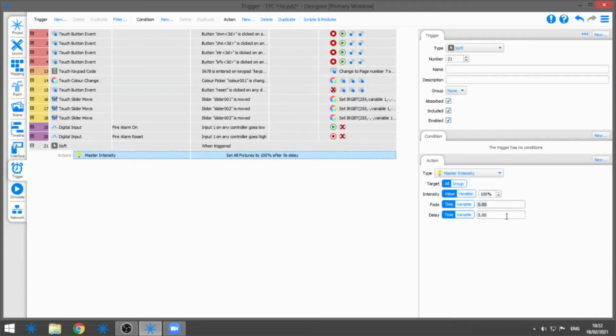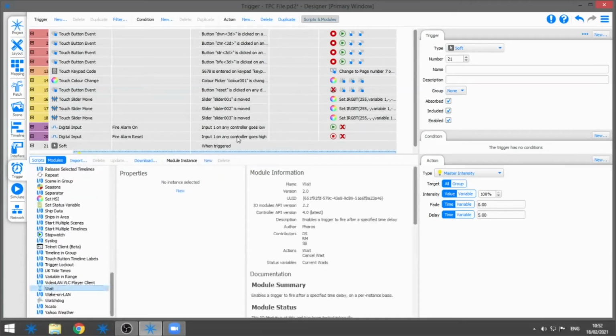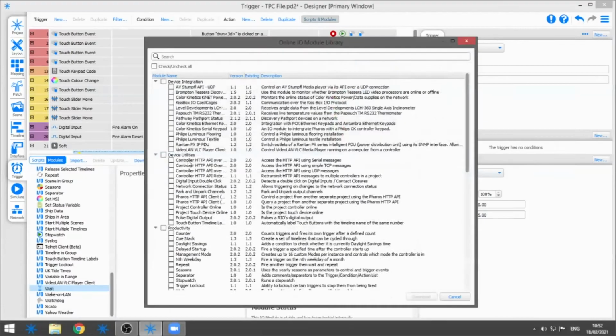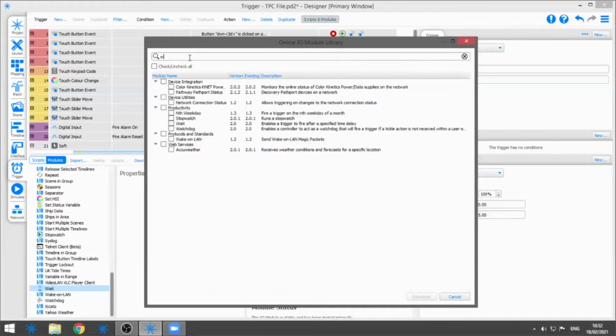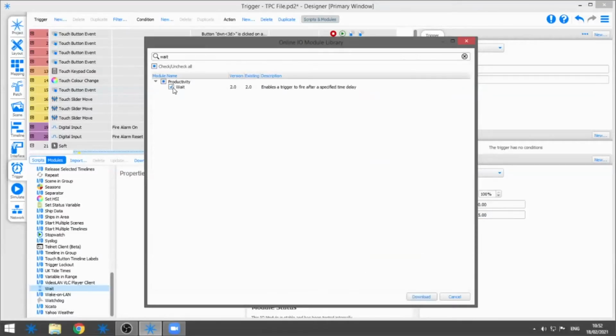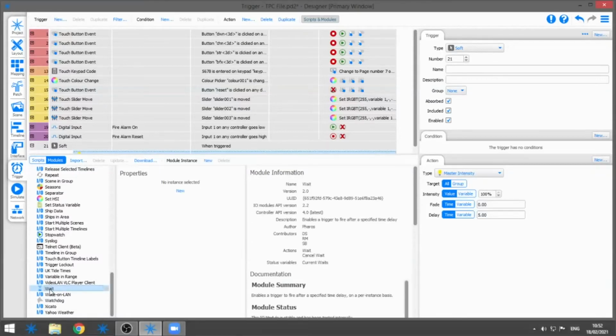But for all the other triggers, let's say you want to start timeline 1 and 5 seconds later, timeline 2, we have something called an IO module. And in this case, it will be the wait IO module. That's like a plugin to the system. And I guess Ryan might already have it. In case you don't, there's the download button in your screen available to find wait. Maybe type in wait on the search. There you go. So click it, and this will download it to your machine. It will appear on the list on the left. If you now click new,